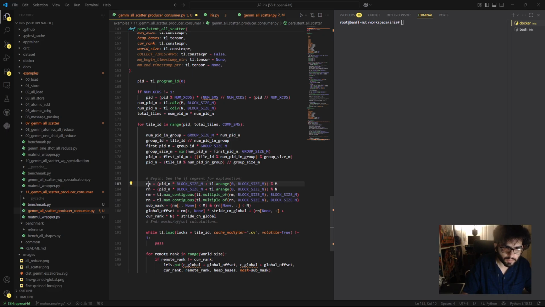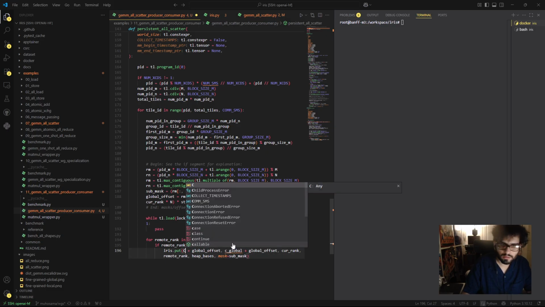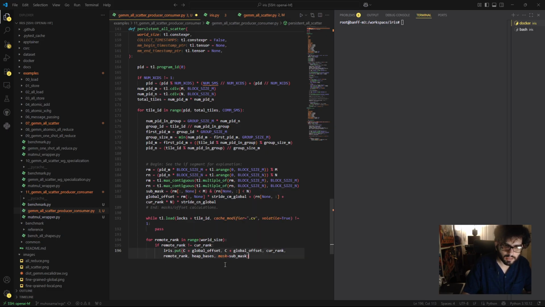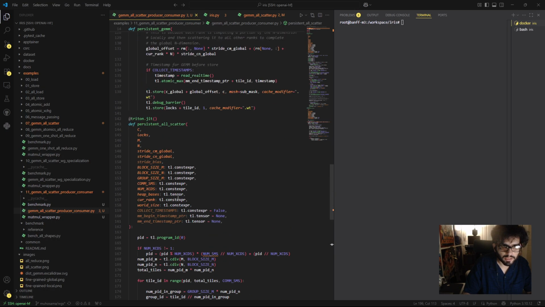Then I begin working on figuring out where my output is, calculate the various masks, calculate the global offset, and then what I want to do is spin on the lock for that given tile, and once that tile is ready, I will take it and load it. Essentially, this put means copy whatever is in this location in your current rank, which is your local pointer, into a remote pointer. So that's all it's doing. So actually that's all I need to implement